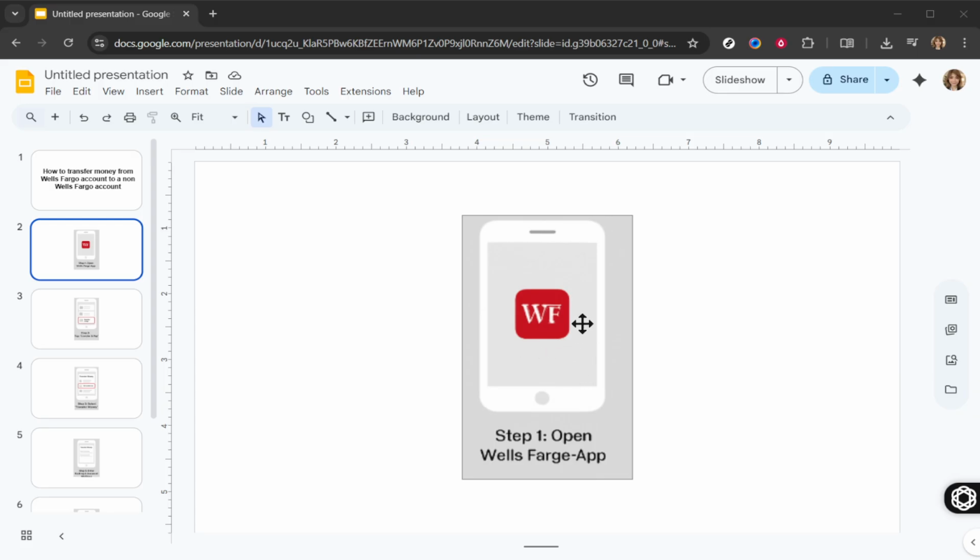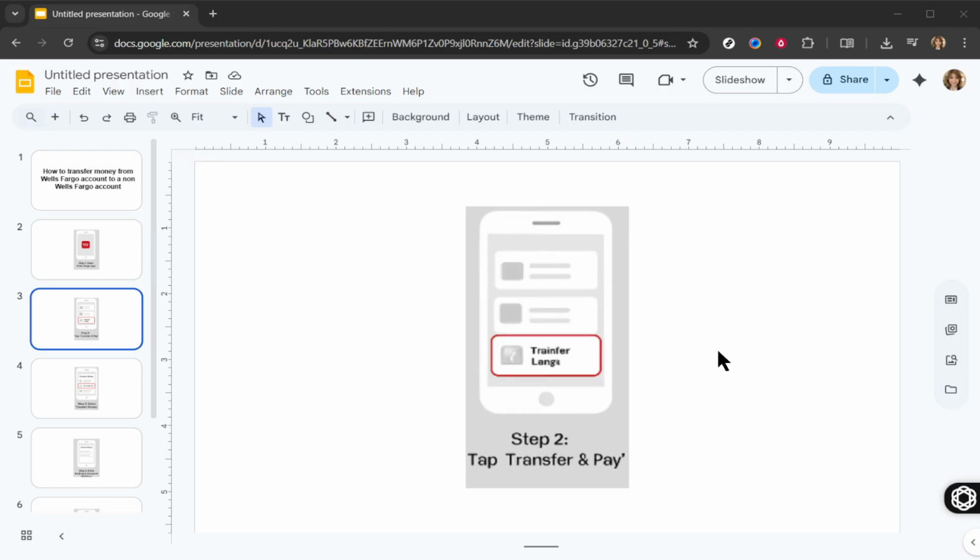When you're logged in, look for the Transfer and Pay option on the main dashboard of the app. This section is your gateway to managing transfers and bill payments, providing a convenient hub for all your financial movements. Next, select the Transfer Money option. This will set you up to begin the process of moving your funds. It's here that you'll configure the details of the transaction, selecting how much you want to transfer and to which